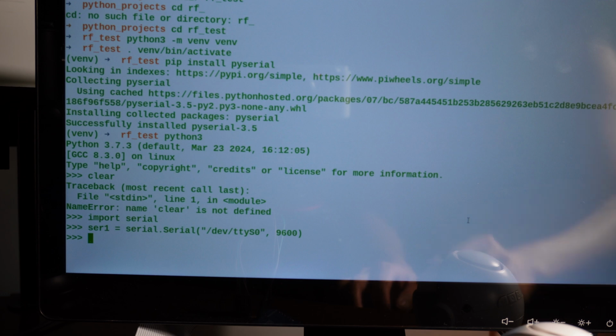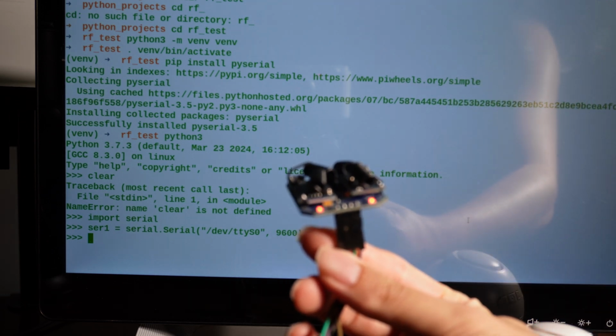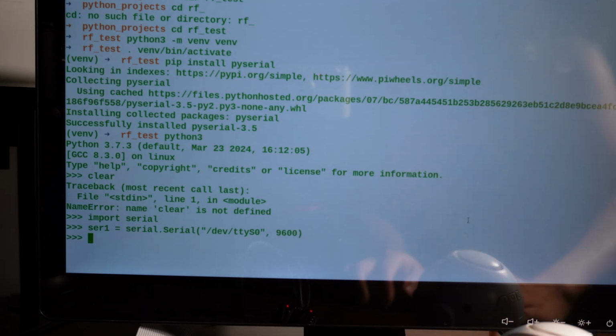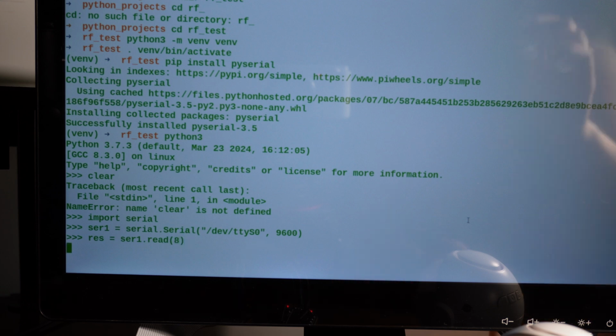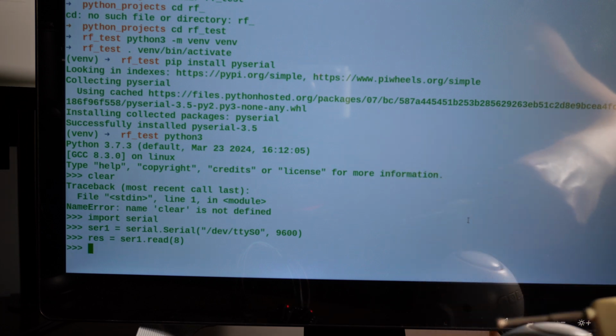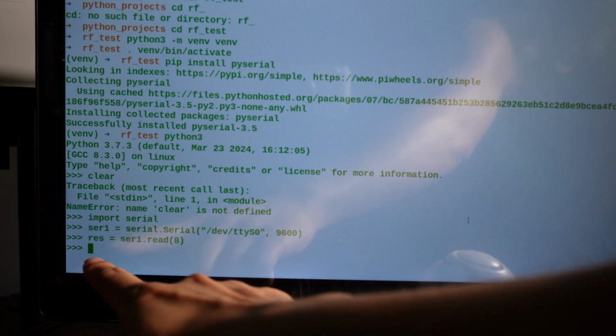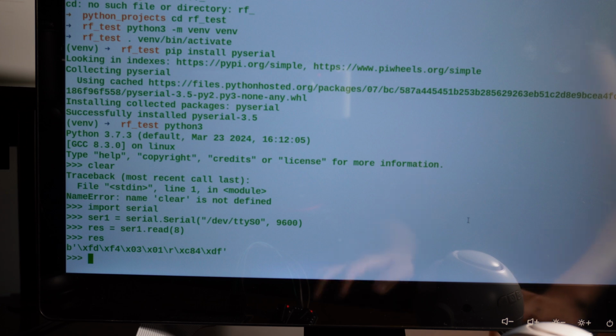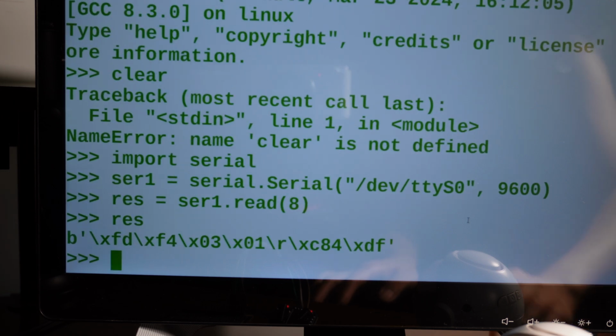That's all we're gonna need for this very simple demo. Because this demo sends 8 bytes each time, we will need to read 8 bytes. So just for test, result equals ser1 read 8 bytes, and then it will start listening. And if I click the remote, like here, you hear that, and you see that this one has exited from listening. We can see the result here is